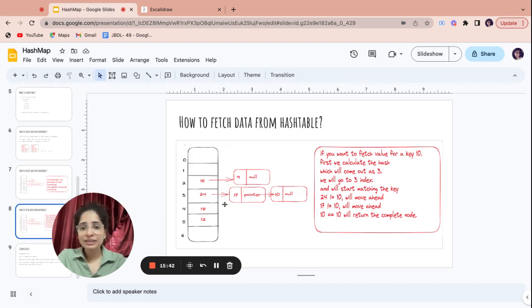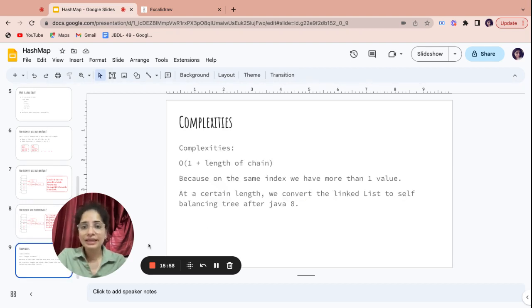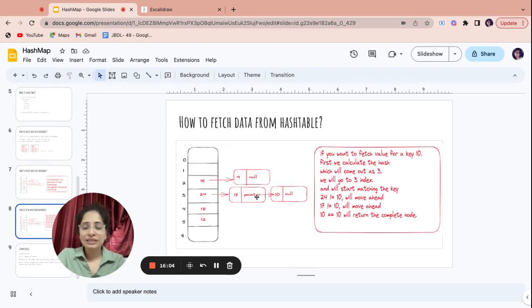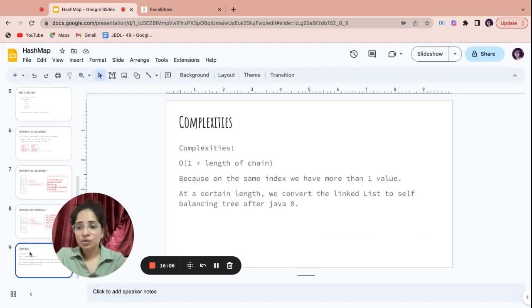But if this list gets longer and longer, it becomes like a list again, so searching becomes difficult and will go to order of n. So at a certain length, we convert the linked list to a self balancing tree. That is a different technique. So this is about the complexities. I think that is it from my end.